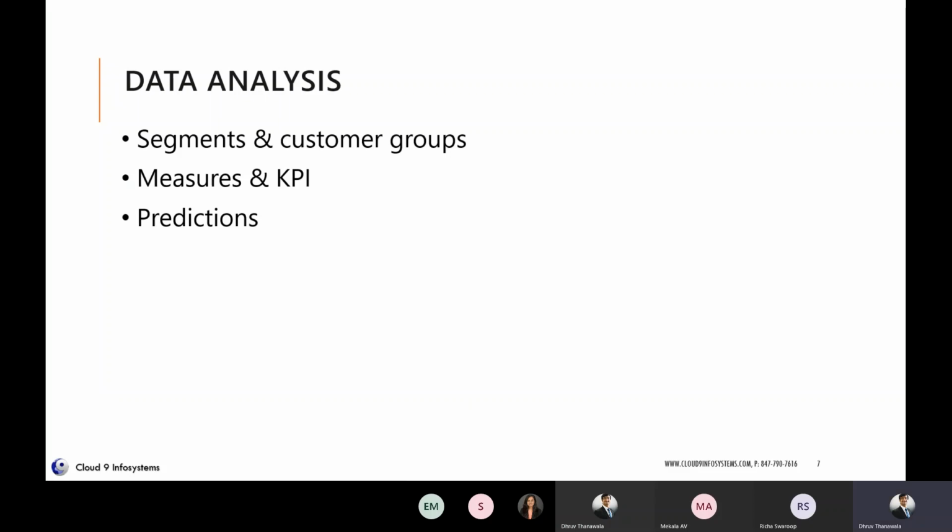Now, data analysis. Data analysis is one of the most important parts nowadays in the industry. The segmentation capabilities in Dynamics 365 Customer Insights enable you to group your customers based on demographic, transactional, or behavioral attributes. Using segmentation, we can achieve more targeted actions such as promotional campaigns, sales activities, or customer support actions to achieve desired business